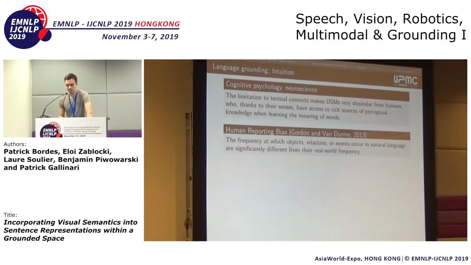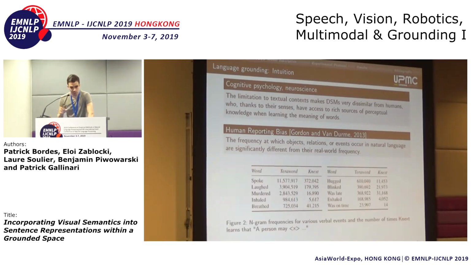Now, the second element is called the human reporting bias, and it is very simple to understand. Basically, it says that what is written in text is entirely different from what happens in real life and in images. That's what Gordon et al. noticed in their paper. They noticed that the frequency at which objects, relations, or events occur in natural language is significantly different from their real-world frequency. So what they did to demonstrate that was they